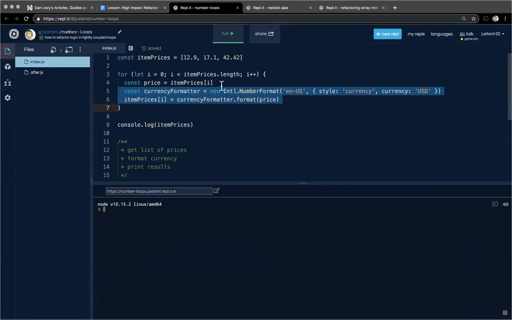That way I don't have to figure out what this Intl number format thing is, because honestly, every time I see it, I have to look it up on MDN and figure out, was it style currency or currency style? Anyway, we're going to go ahead and make a function that's literally called format currency. And I'm going to extract this and say,